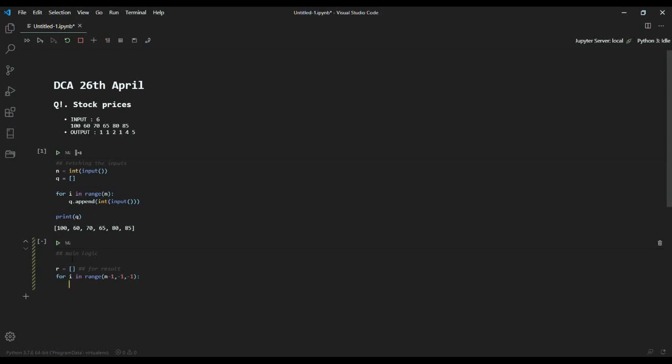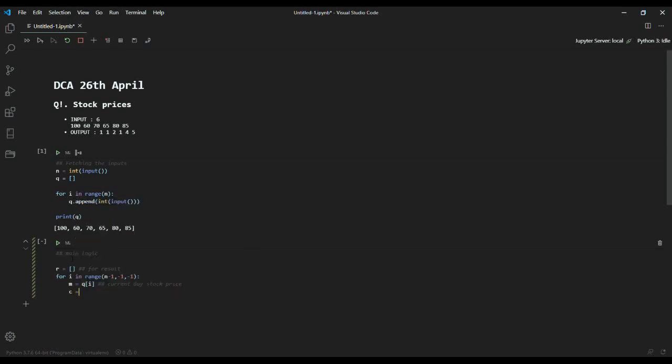That's why you can see a range of n minus 1, comma minus 1, comma minus 1. If you want, try that in your own code, print the values and see what happens exactly at that point. Basically, instead of going from 100, 60, 70, 65, it will start iterating from 85, 80, 60, and all the way to 100.